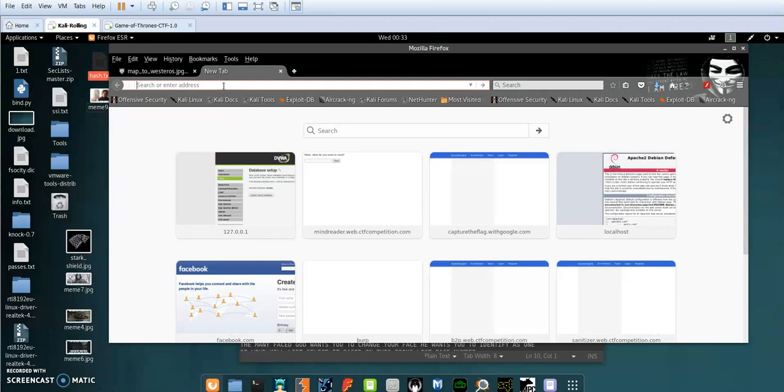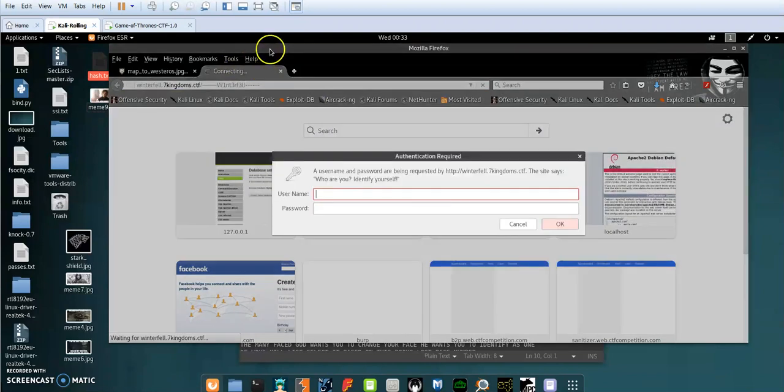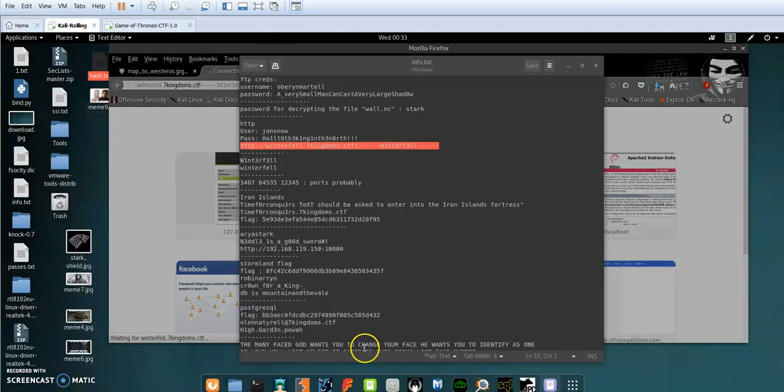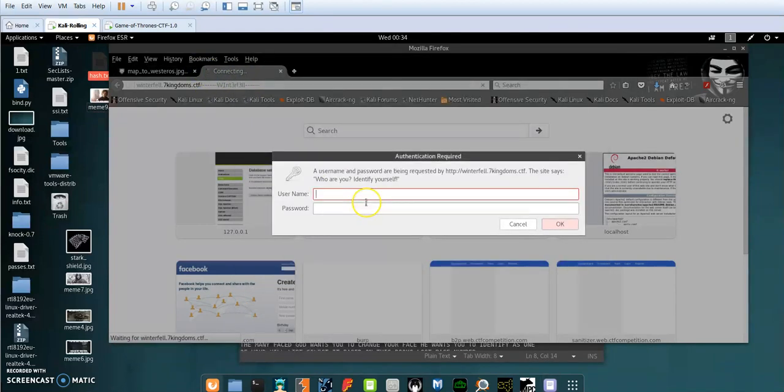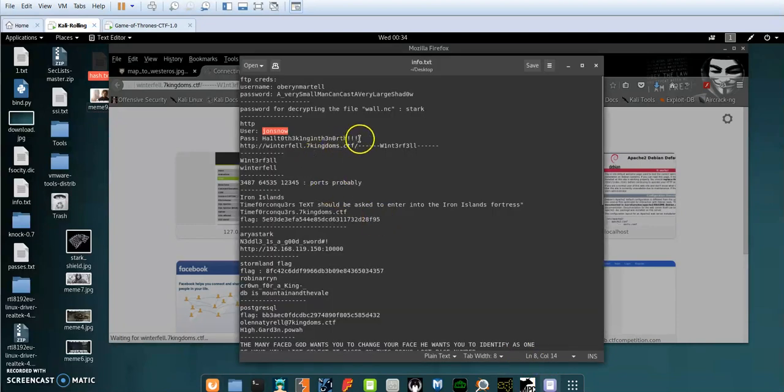Now entering the URL in the browser, we need the username and password. The user has been given to us, so copying this, and the password is